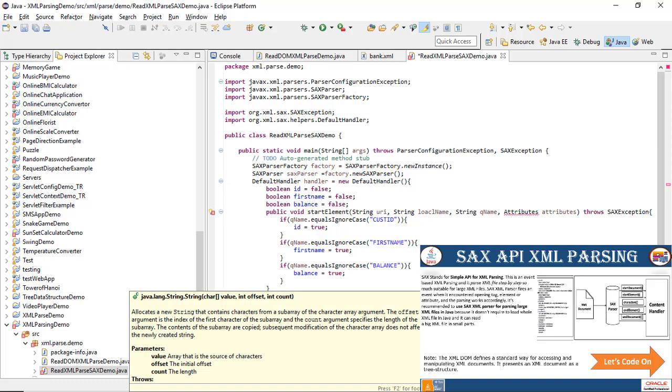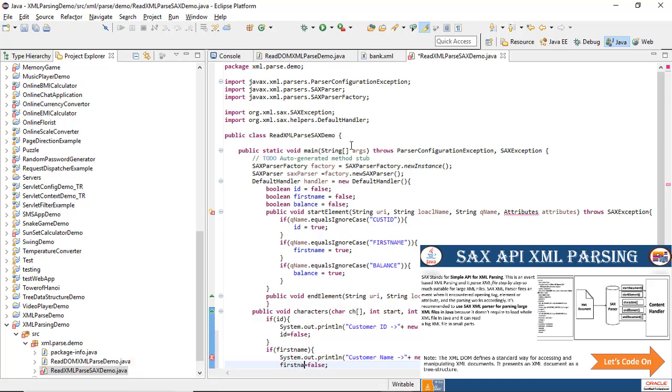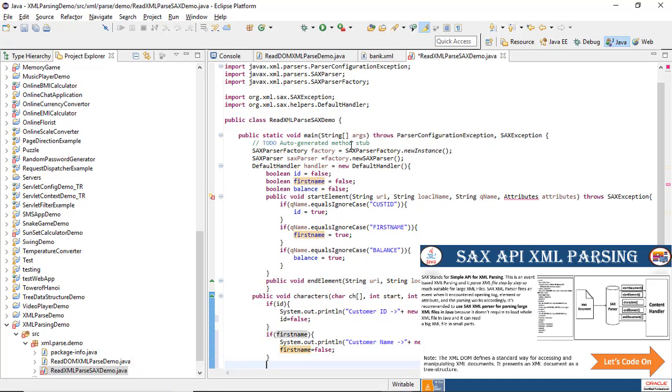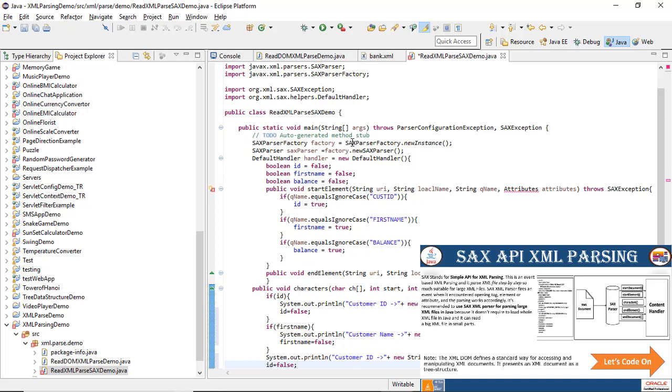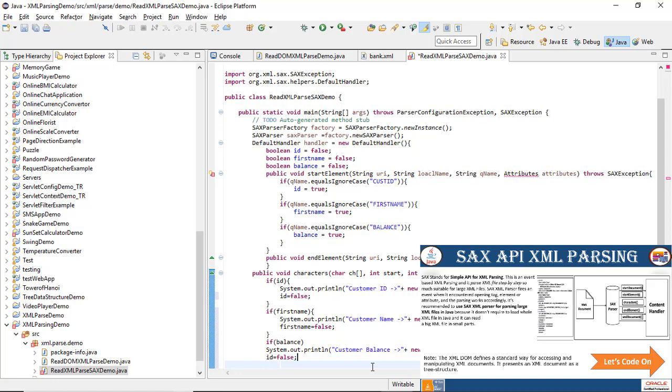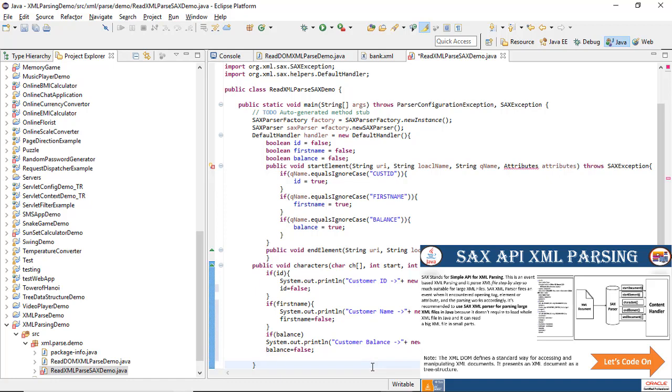and if balance, and this goes to be balance, and this is also balance. So this is your,